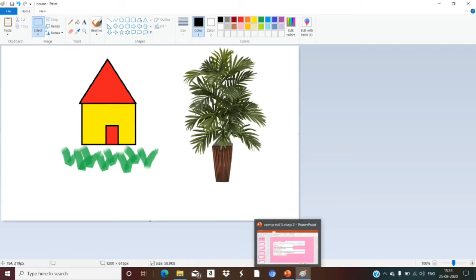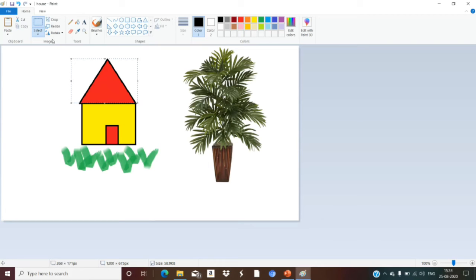See, this is your Paint document. First of all, I will just select a part of it. Now I will just click on rotate. I will click on rotate 90. See, rotate left 90. It's again there. Then rotate 180. See, you can see the difference. If you want to rotate a whole image or a part of an image.